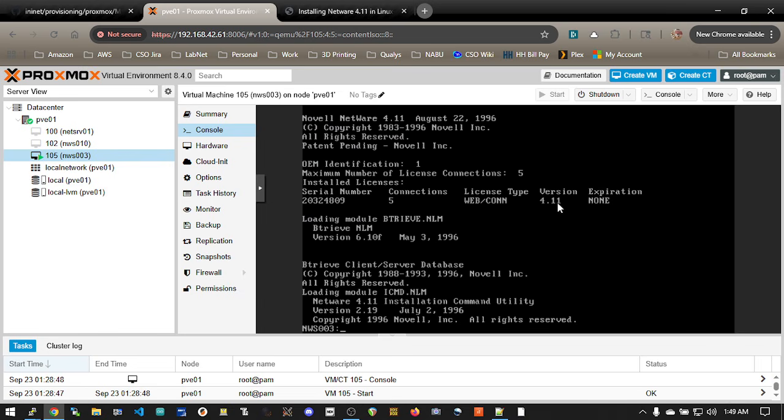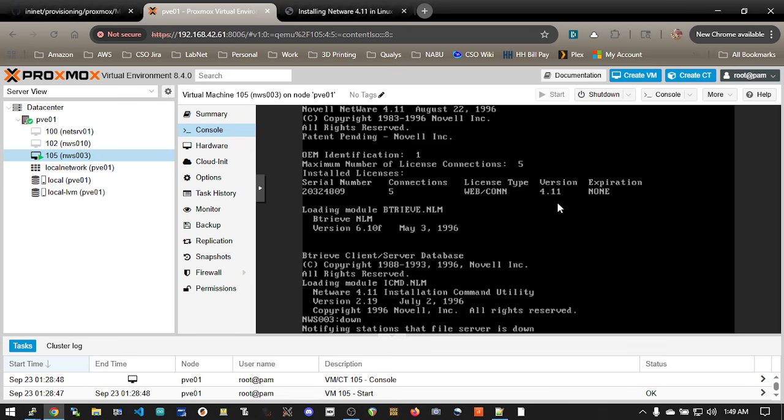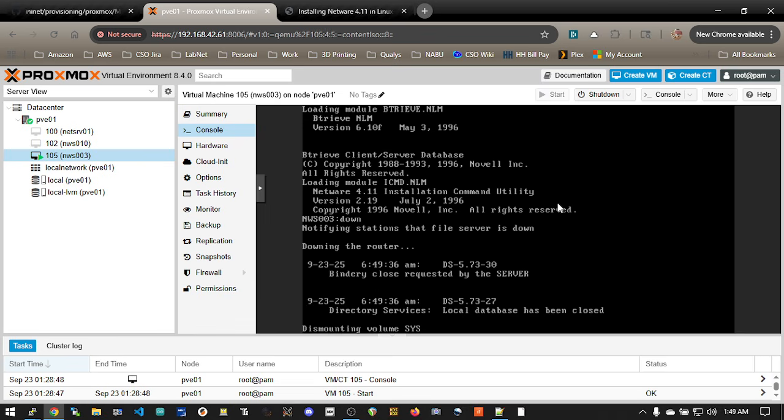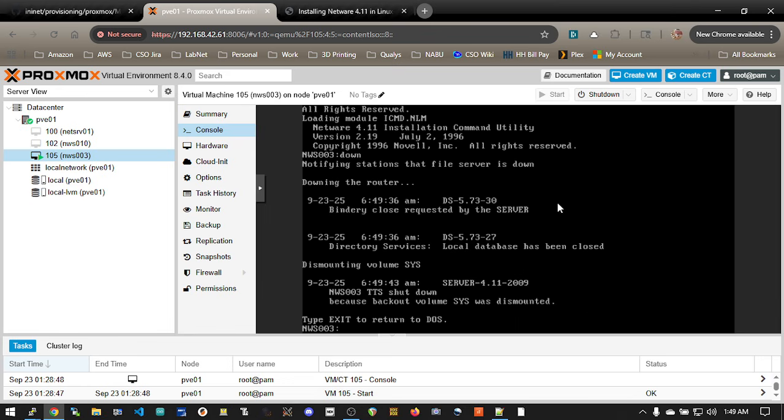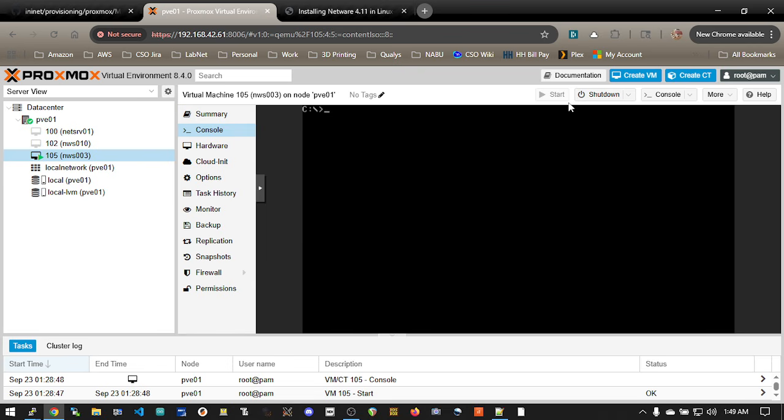In a normal world, I could just stop right here, but in this case, I want to add a data volume, which you're probably going to want to do as well, and you're probably going to want to add long file name support. So now that we have this basic machine done, by the way, you could use this server as is right now. It's a working Novell file server. You just can't do a whole lot with it yet because you don't have any place to store your data. Well, let's exit and let's power this